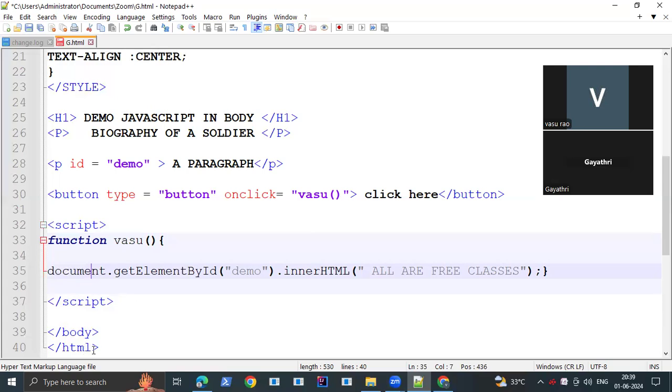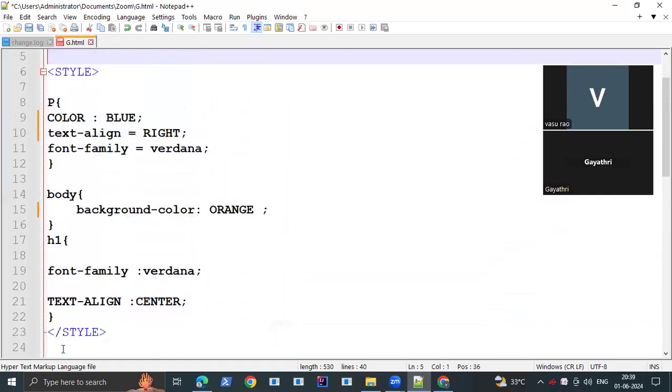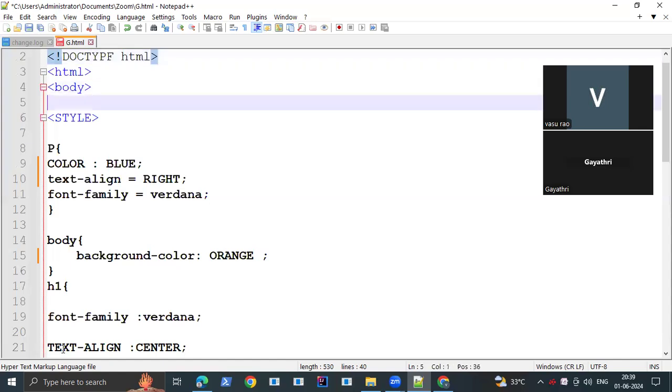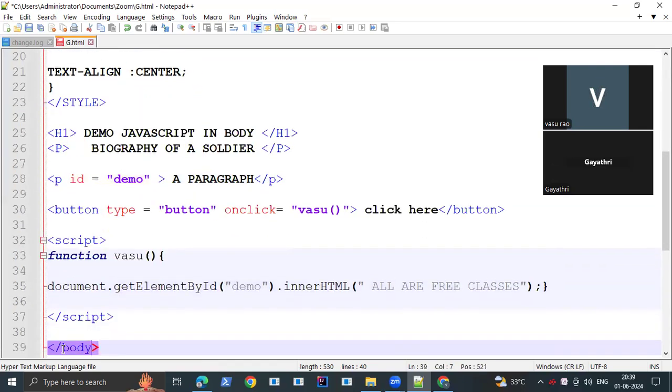Then the body element is closed with the end tag and HTML is closed with the HTML end tag. So this is the syntax. So you can simply understand that all the HTML code, CSS code, and your JavaScript code can be kept in one HTML document. Here, in the previous class, I told you that in this JavaScript, the code written